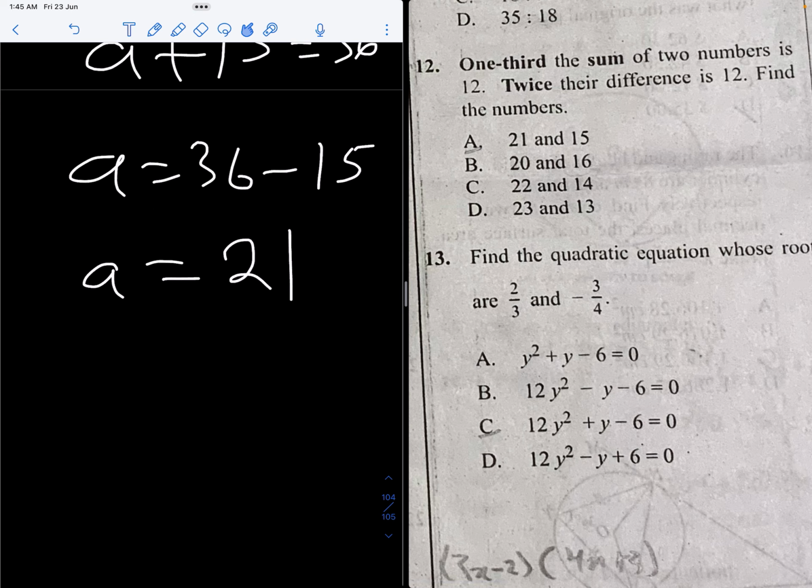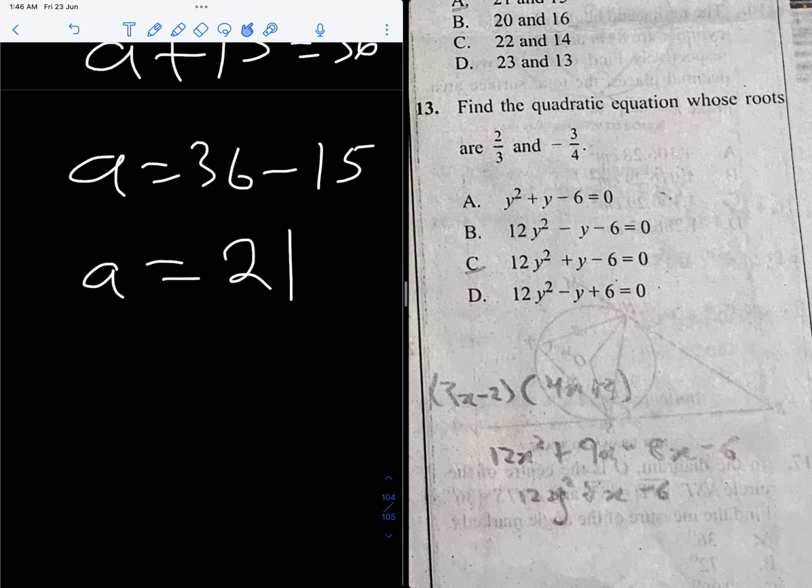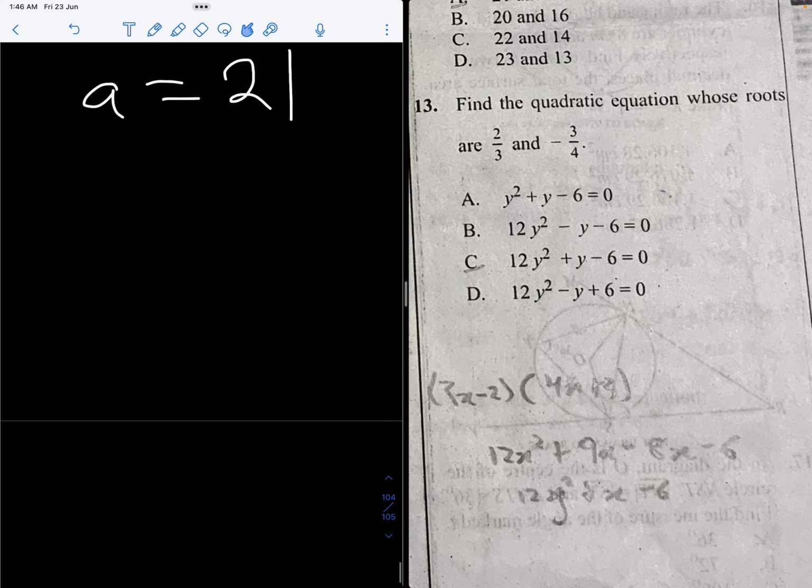So we go straight to the next, which is number 13. Number 13. What does that say? Find the quadratic equation whose roots are 2/3 and minus 3/4. We can write the general quadratic equation in this form: x squared minus